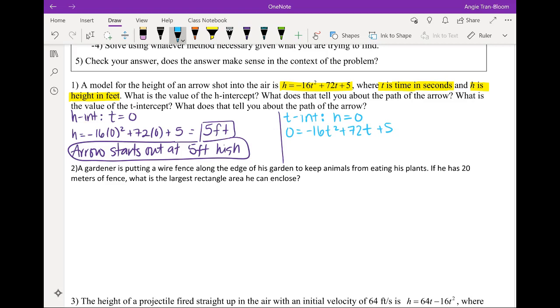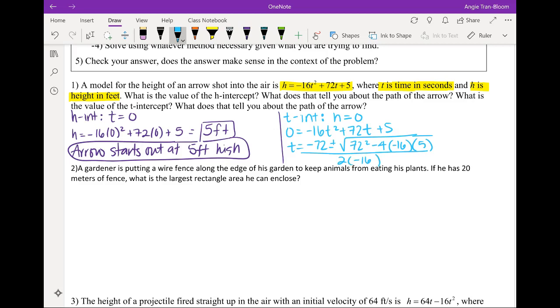Sure, you can definitely try to factor. Quadratic formula. Okay. So the quadratic formula says x equals negative b. B value is what? 72. So negative 72 plus or minus the square root of b squared, which is 72 squared, minus 4 times a. A is what? Negative 16, right? Times c. C is 5, all over 2 times